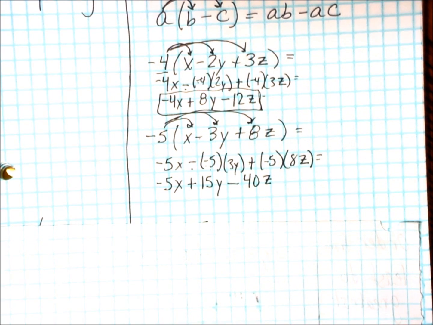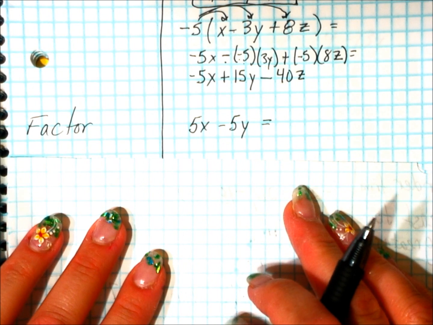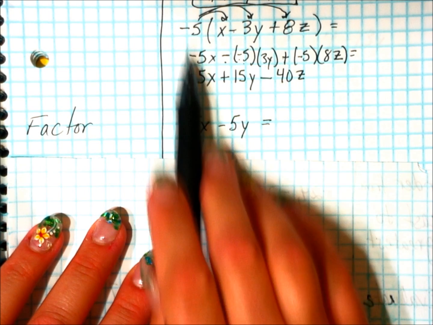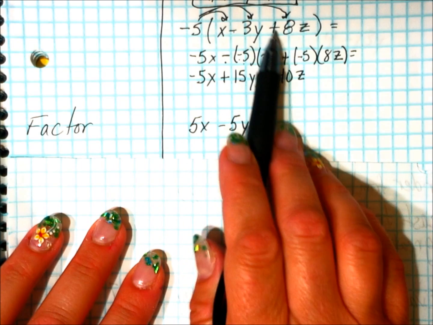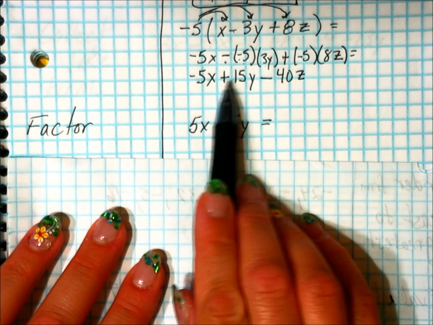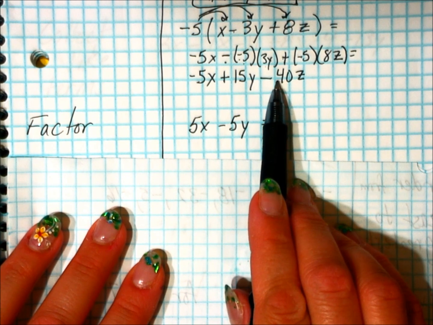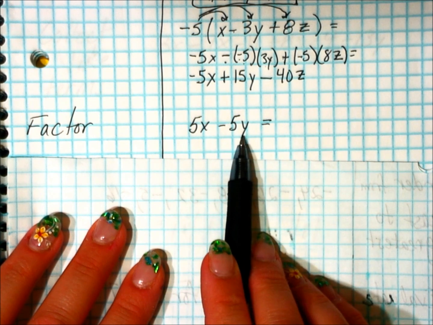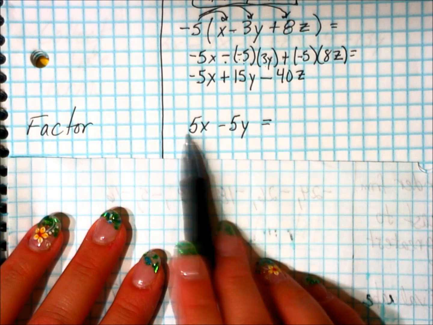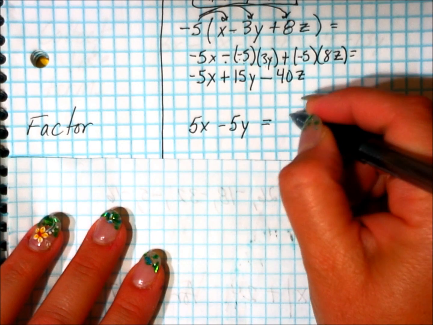Okay, now when we reverse this process, we call it factoring. So what I want you to look at right now is here we distributed the number out. If we came down here, we could probably figure out that between 5, 15, and 40, the thing they have in common is a 5. So looking at this problem, we've made it really easy for you. You can see the 5. So if I say, oh, I can take a 5 out of both,